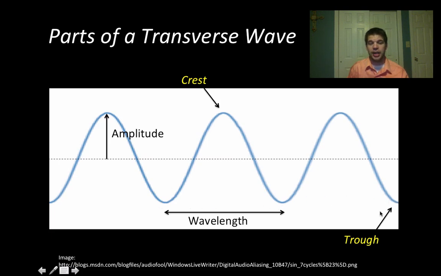Okay, and so that's our science jargon for those specific points. Now, wavelength is the distance between two parts that are the same. So either two troughs or two crests, that's called a wavelength, and we learned earlier that that's a cycle. So a wavelength is actually just measuring how wide a cycle is of this particular wave.